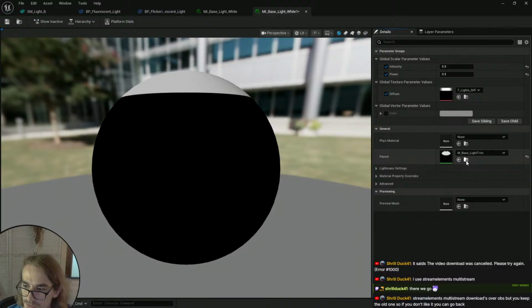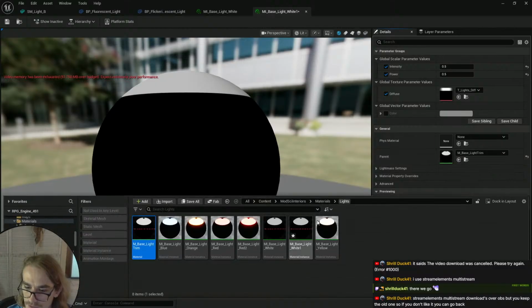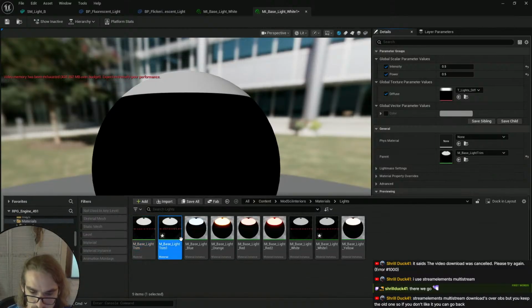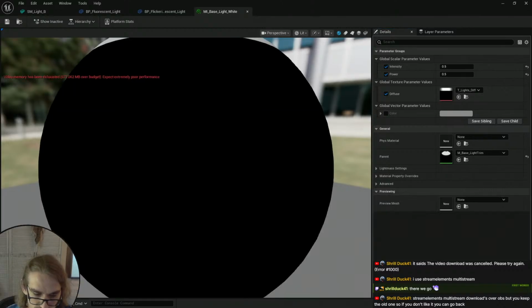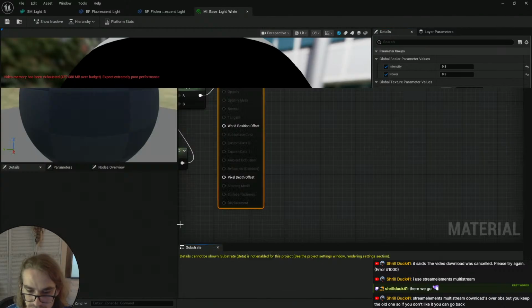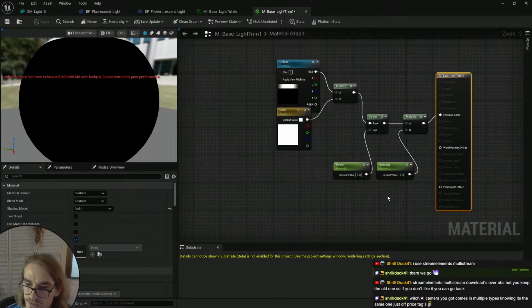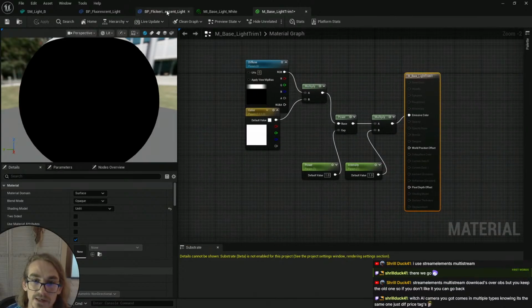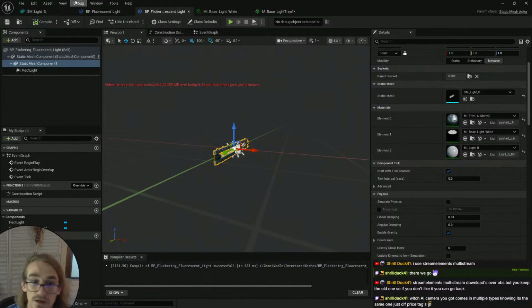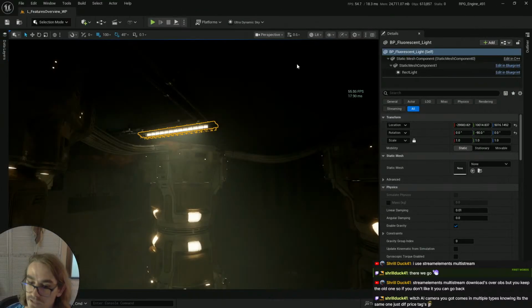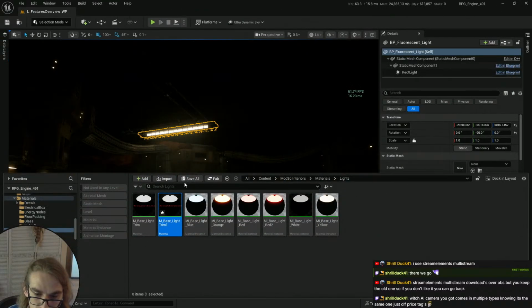I believe we need to do it in the master. Inside the copy of the master, we're just going to add the flickering logic, which is